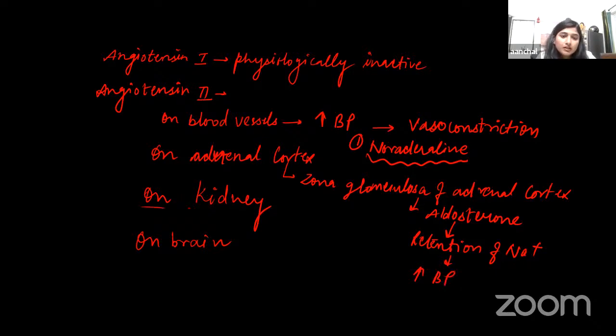Now we will next learn the action of angiotensin 2 on kidney. So basically angiotensin 2 regulates GFR, right? So we will learn how the GFR will be regulated by this angiotensin 2. So basically this angiotensin 2 is responsible for the constriction of efferent arteriole, which will result in decrease of filtration,